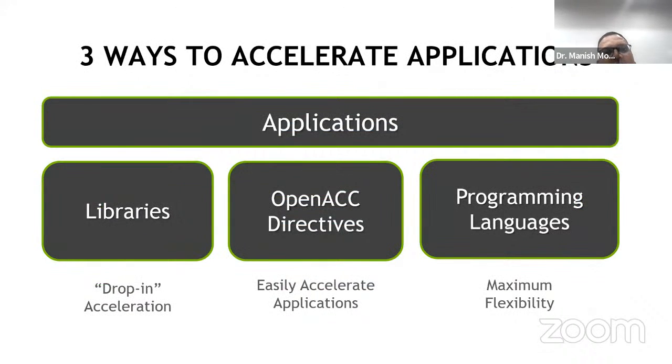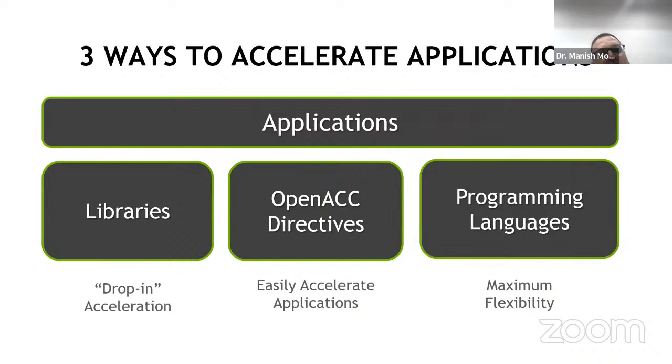There are three ways to accelerate applications. Generally, we have built-in libraries. One can use those, link them at compile time, and very minimal modification is required in the code, just to initialize the data and so on. So we have cuFFT, random number generation, cuBLAS, whatever library we are using in our day-to-day work, all are being accelerated. One can use them easily. We call it drop-in acceleration.